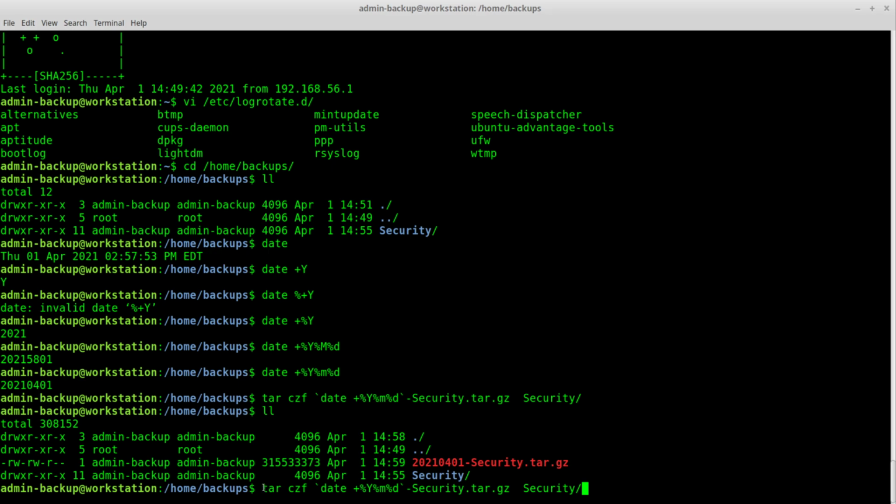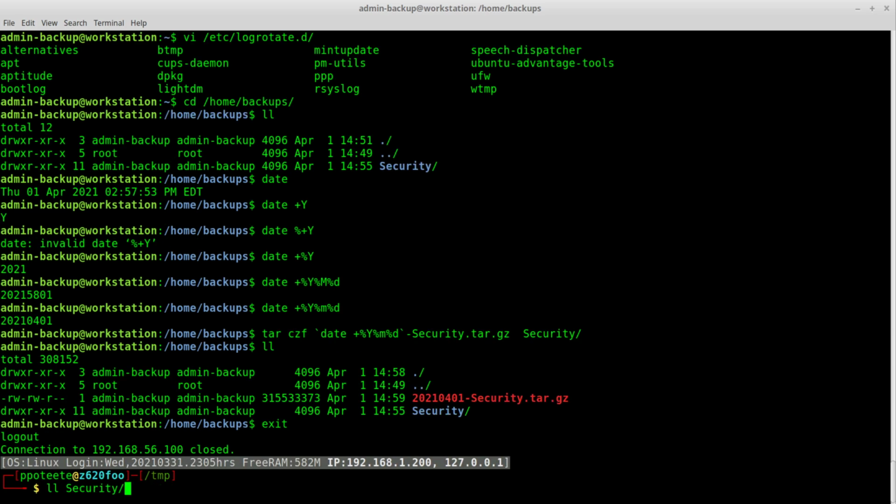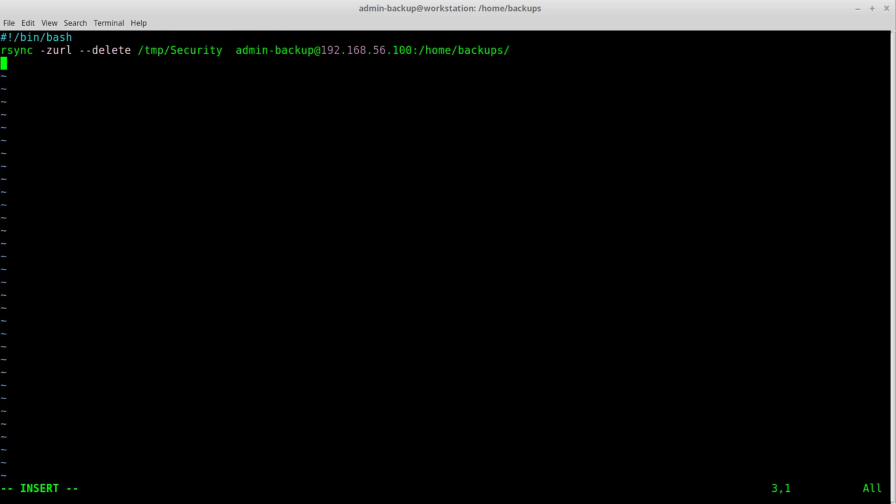Now, you can actually run this remotely. You don't have to run it from that system. You can run this from your local system. You don't have to do it here. So in the script, you can actually put the tar in the script itself. So copy that right there. Exit off the backup server. And then over here in our script, what we'll do, there we go, is after the rsync's done,